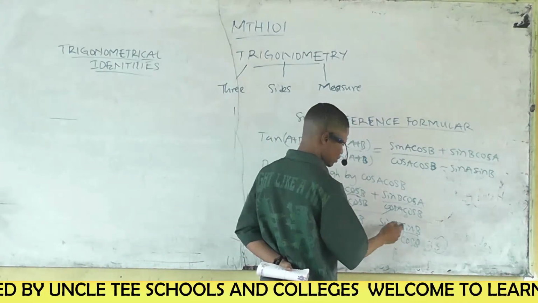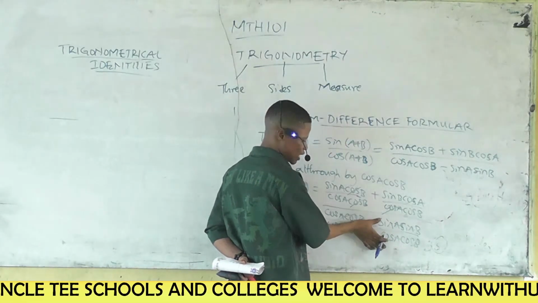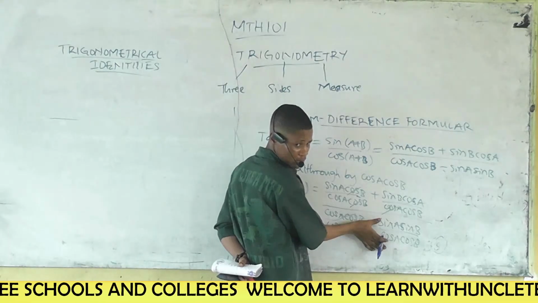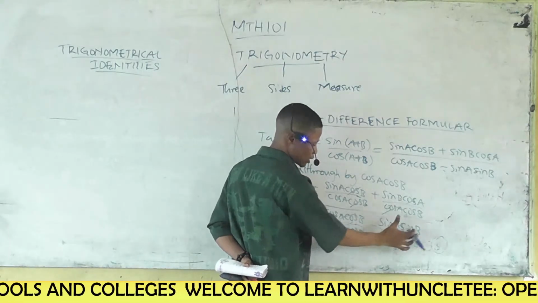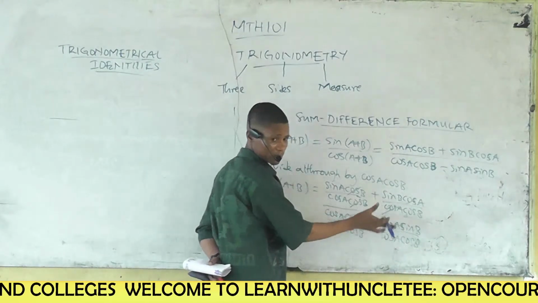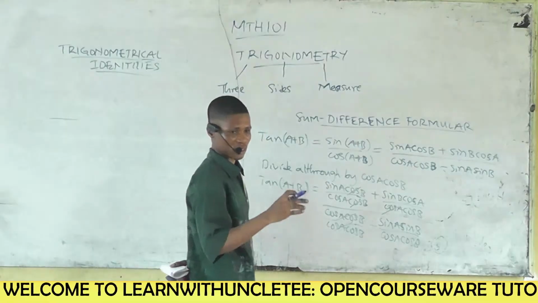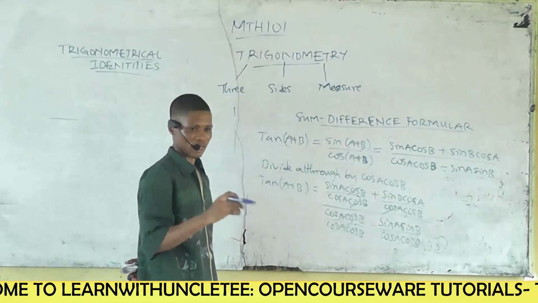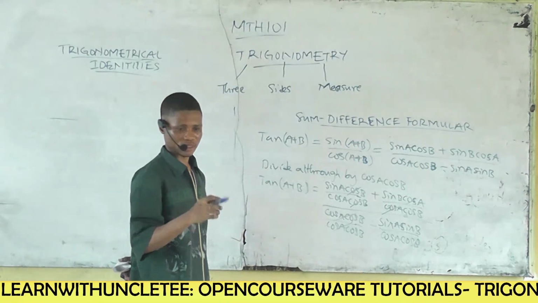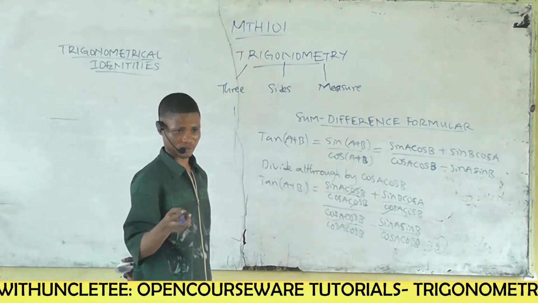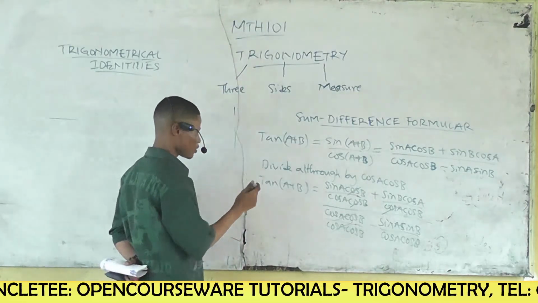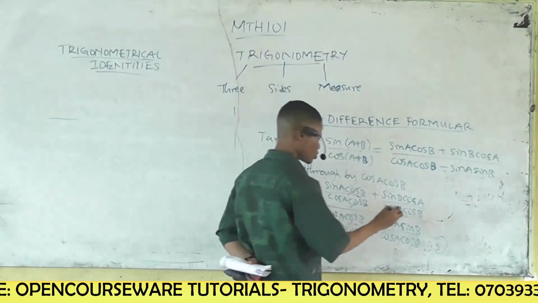Then this side now is tan A, and this one is also tan B. So that's tan A tan B, that is, they are multiplying each other. Okay? So we can rewrite that to be equal to